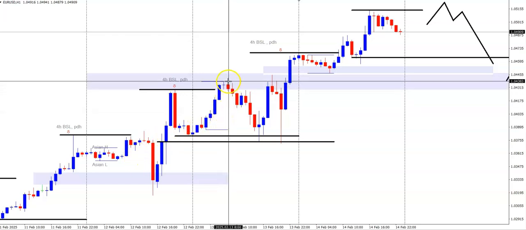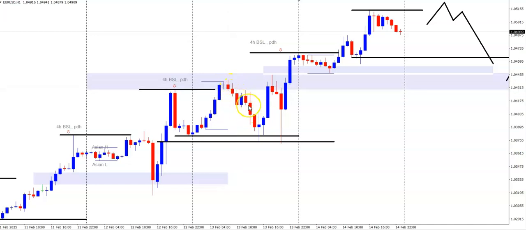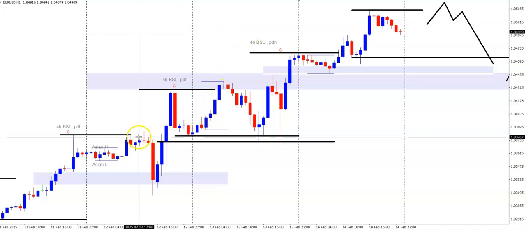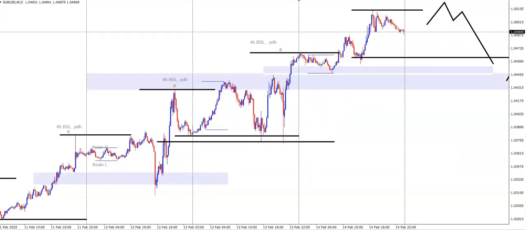You want to focus on potential setups in the London trading session, and I really like the 50-minute time frames. You can also focus on the 5-minute, for example. If you combine those time frames, you can really find nice opportunities to trade to the downside. So let's go through a few examples on the